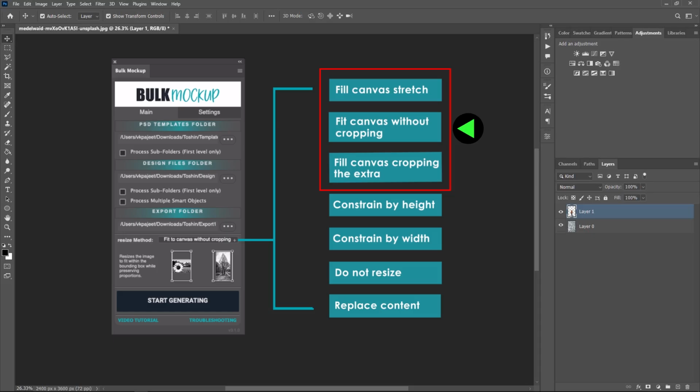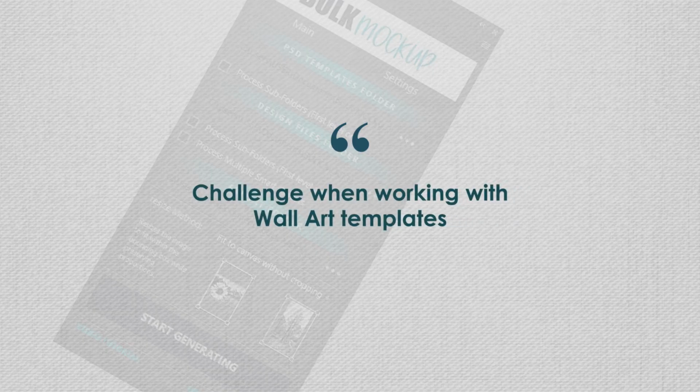Additionally, Fill Canvas with cropping the extra is another useful option. We'll go through each of these methods step by step, see how they work, and understand the results they produce. Before we dive into the resize methods, let's discuss the main challenge when working with wall art templates: the aspect